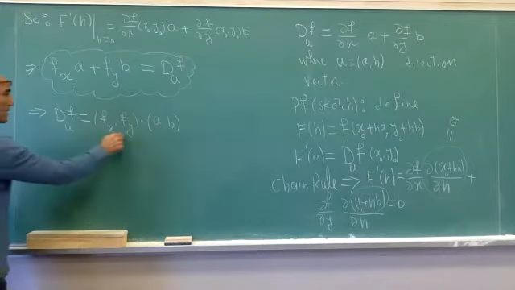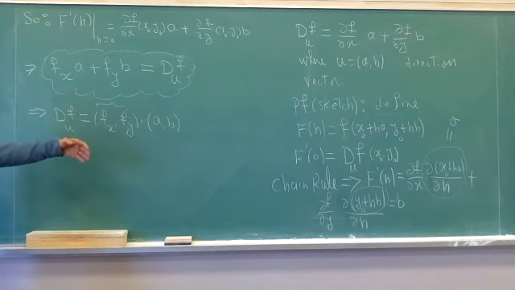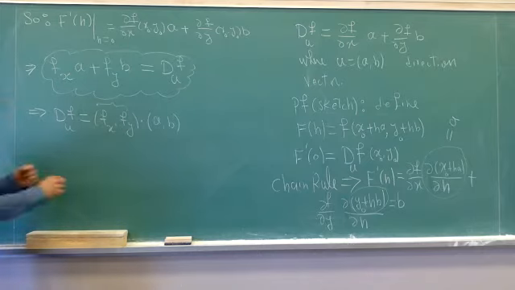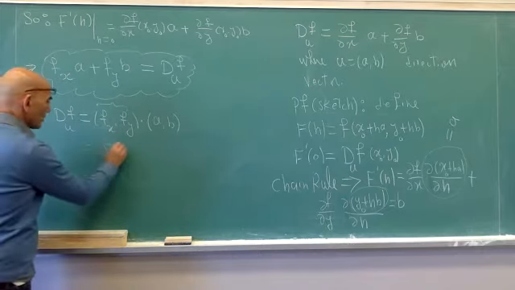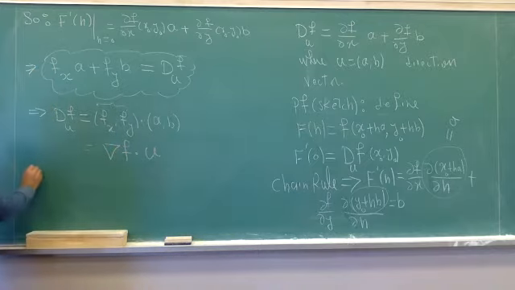Now, this quantity has got its own name because it appears in all these calculations. It is a very important character in all this game. It's called the gradient. So this is the gradient of f dot u, where